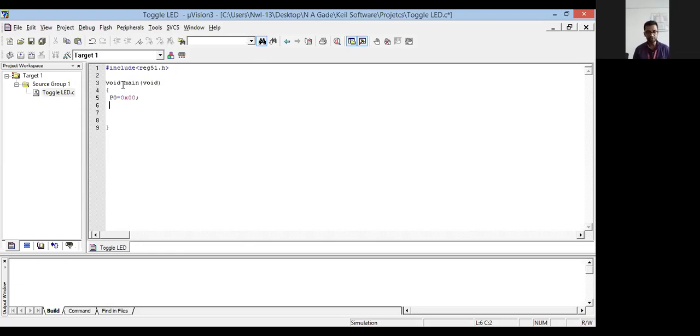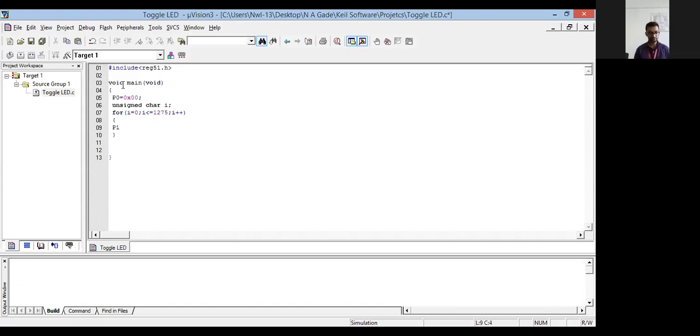So what we can do, we can give one variable called unsigned character I. So for loop, for I is equal to 0, I less than equal to say suppose 1 millisecond delay, so it is 1275, I plus plus. Don't write semicolon here. Bracket open, bracket close.